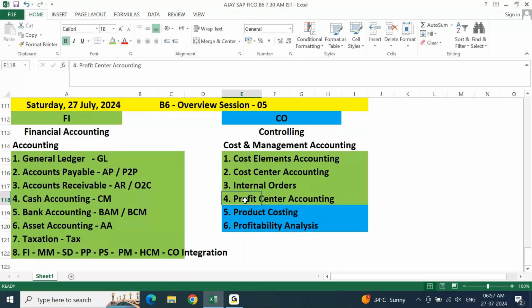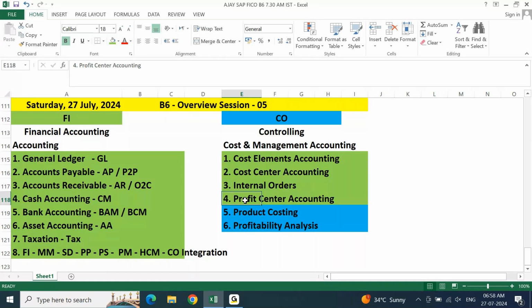The way the end user is working, in a similar way we are also practicing as a FICO consultant. That is not an expected thing. When we say that is not an expected thing, as a consultant, you are supposed to understand the business process. As a FICO consultant, you are supposed to understand business process related to what? Related to these green highlights and the blue highlight. All the green highlights are mandatory for every SAP FI consultant or every SAP FICO consultant. The blue highlight is mandatory only for a CO consultant.